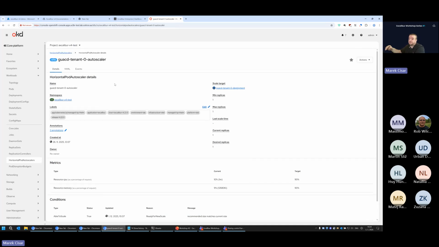So if I need to change anything for all tenants, for example, the minimum or maximum allowed number of replicas, I can configure that within this tenant 0 configuration, and it will be automatically applied to all already existing tenants.